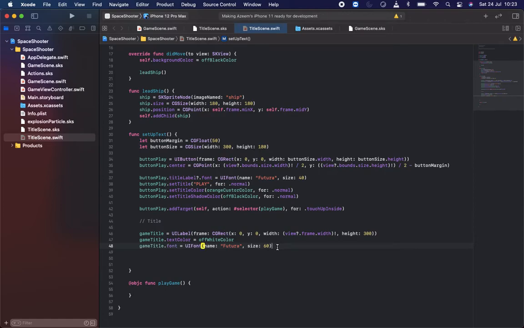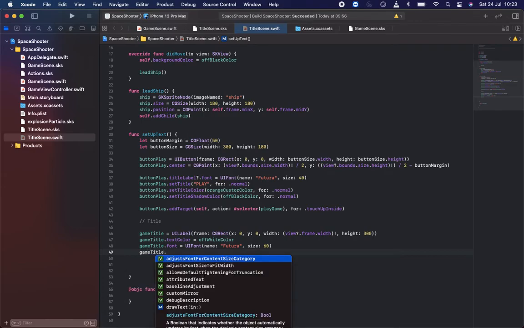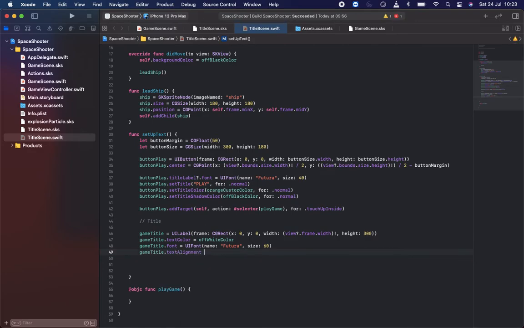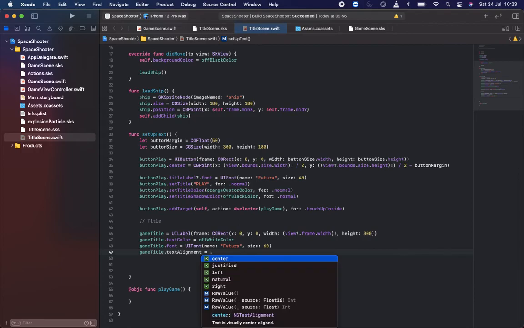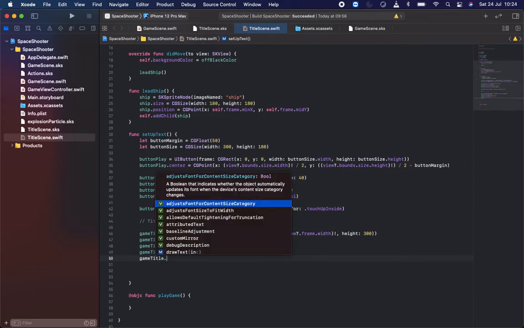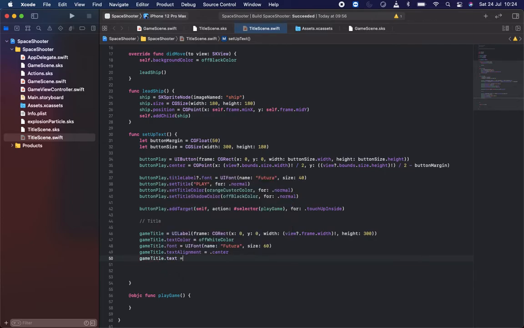You can name whatever you like, doesn't matter. And the game title dot text alignment, I need to bring it in the middle section. That's what it means. It will be in the center part. And the game title dot text is the last thing,